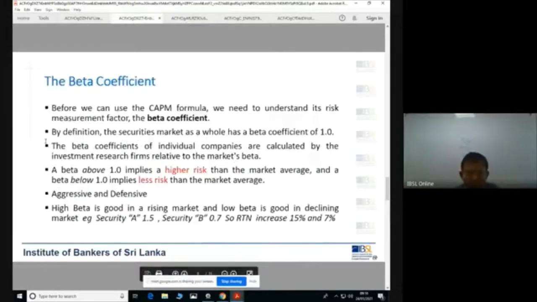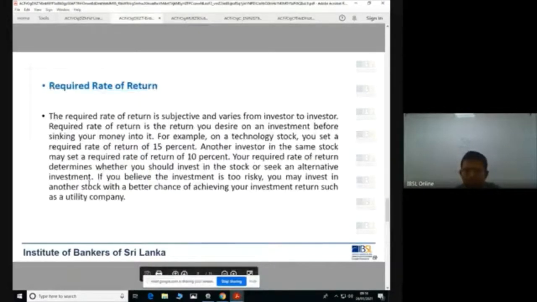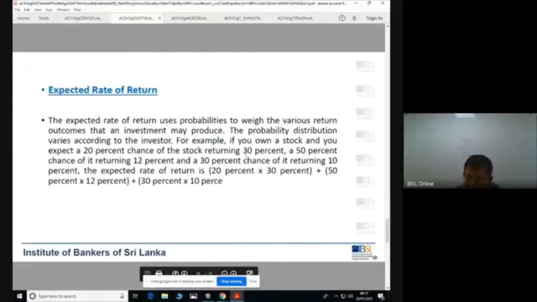Now see, required rate of return and expected rate of return. Now, required rate of return, we know why, when you calculate the treasury bond, we have learned this. Required rate of return is what I need. I need this much if I want to invest in this particular instrument. That is my required. Now, if you take expected return, the particular instrument gives this much, irrespective of your choice, irrespective of your intention. This particular instrument gives this percentage.